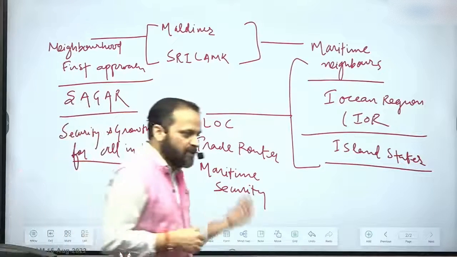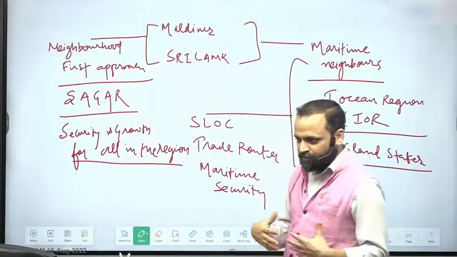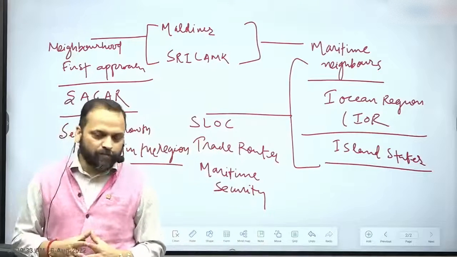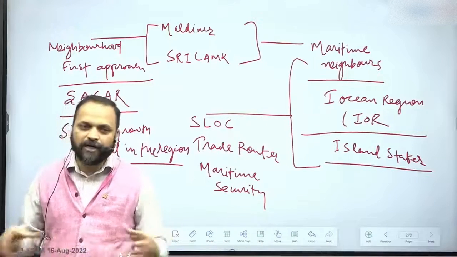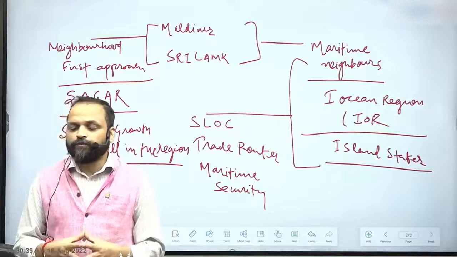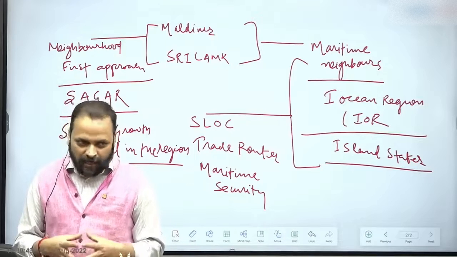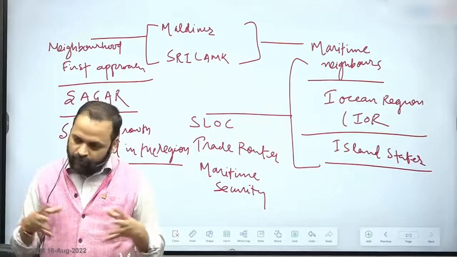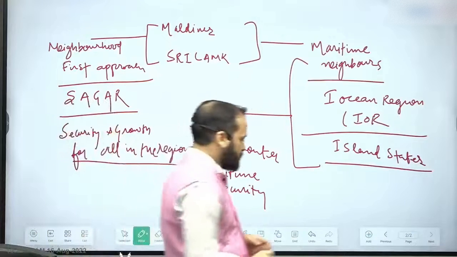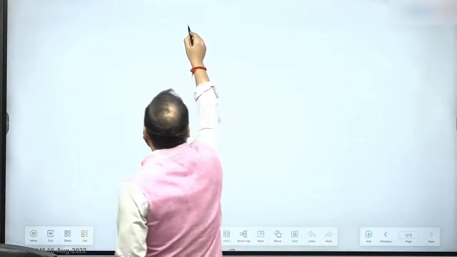When we are talking about these countries, we are talking about a larger domain. These are not only important from the perspective of our own shared boundaries with them, but they are also important from the perspective of safety of global trade, right? They are also important in the context of India. If India wants to become a major power in the Indian Ocean, it has to do so in cooperation with these countries, right? So that is something that you should not forget.